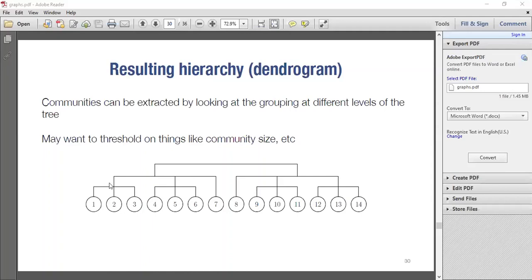At the second level, 1, 2, 3 are connected together. 4, 5, 6 are connected to each other. 9, 10, 11 are connected to each other, and 12, 13, 14 are connected. But at the third level, you'll now find that this community of 9, 10, 11 is connected to the community of 12, 13, 14. And there's also an individual node, it could be 8, that is all